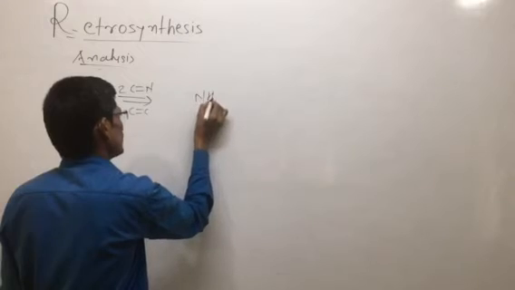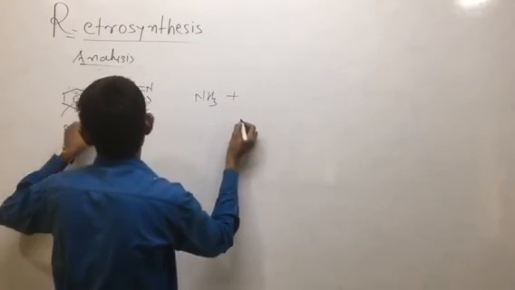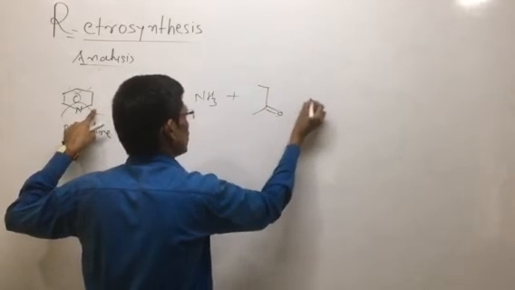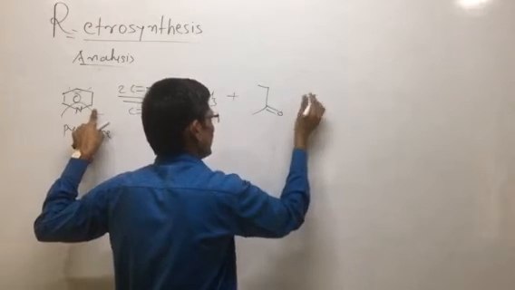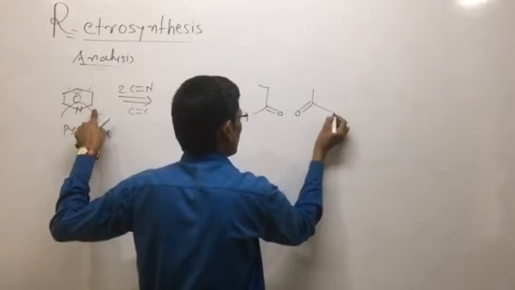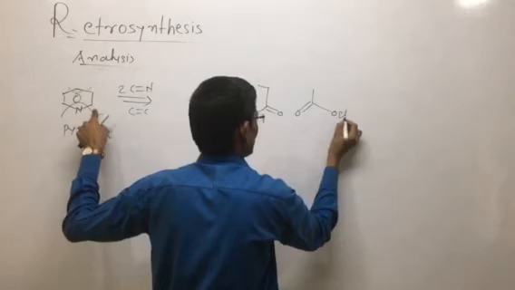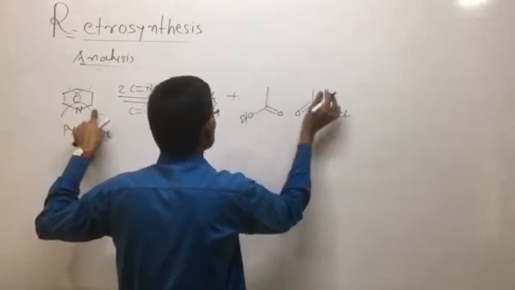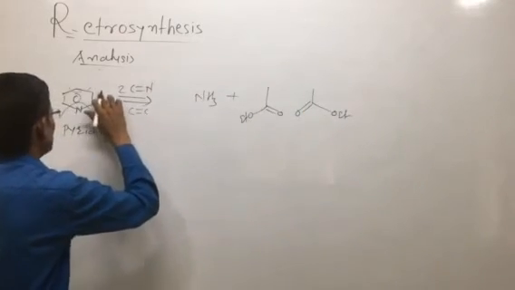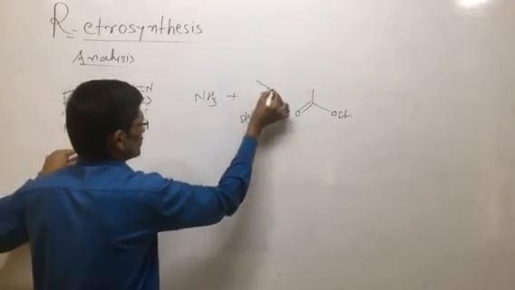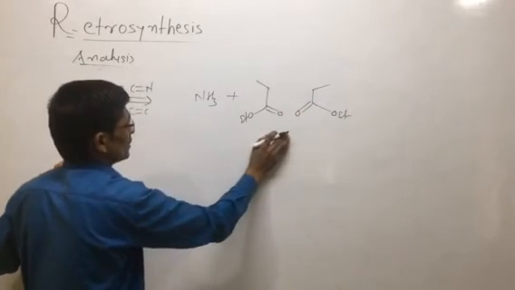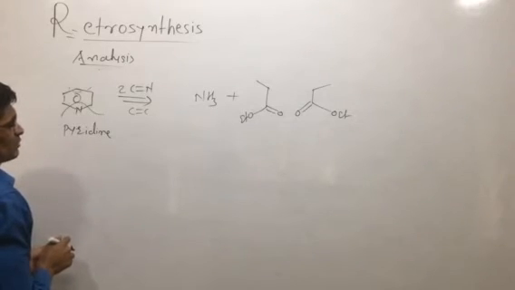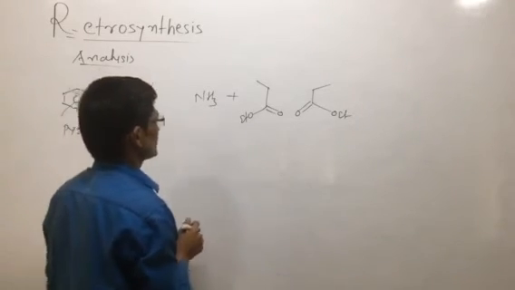This is the formation of ammonia, and then what? We have these types of reactant species, CHO, and this is what? Again, this is CHO. Here we can take this methyl group. This is the OEt, and this one is the OEt. Ester is there. So we have this methyl group, but there are a total of carbon 1, 2. These are 2 carbon atoms, here 2 carbon atoms. Ammonia is here, 1, 2, 3, 4 and the 5. One of the CH3 groups is there, so our disconnection is at this CH3 group.